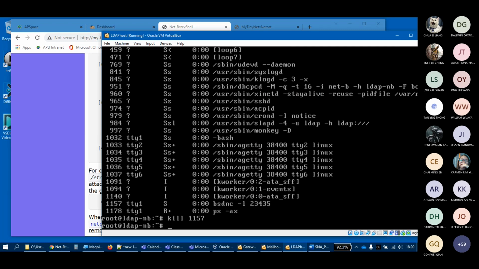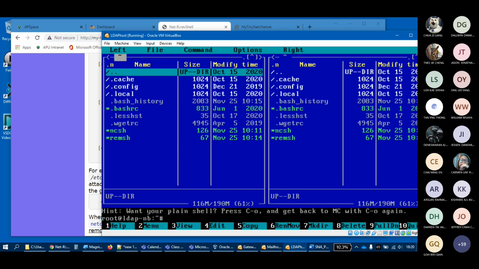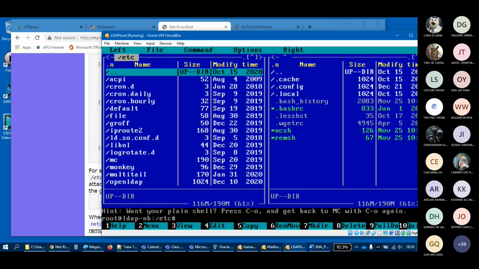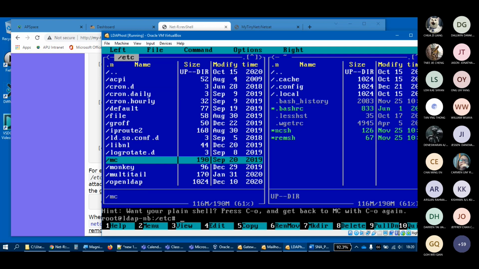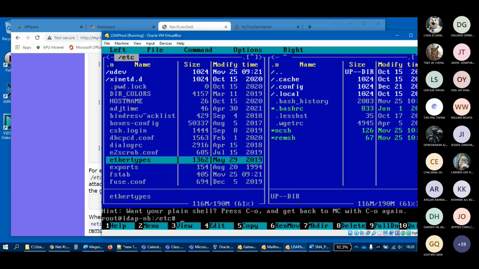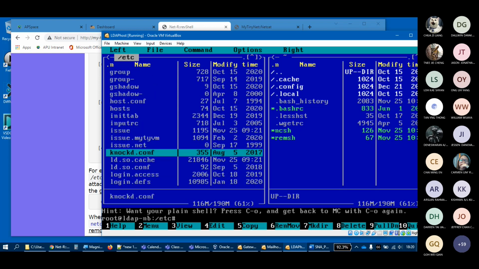Let's take a quick look at this one, my LDAP server. All right, I've got remsh. So let's do this. Just need to get into /etc, and there's no K's on that list, so let's look down here a little bit. nocd.conf,